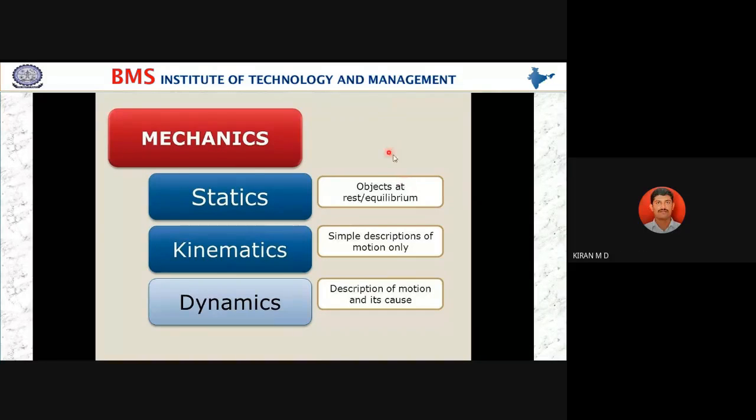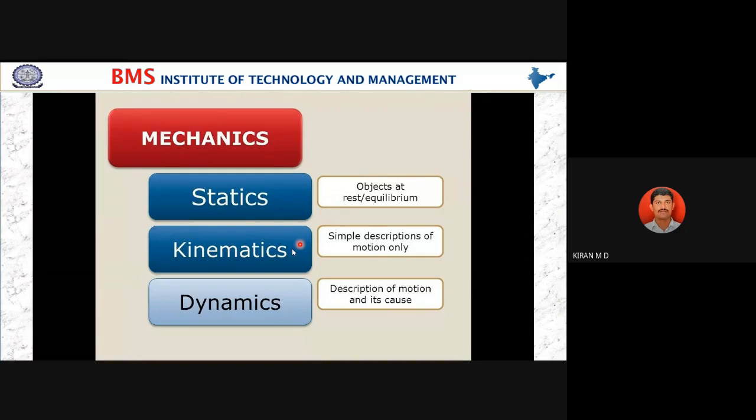Now, you have studied stresses, bending moment, even the thick cylinder and thin cylinder. There you did not consider any motion, only the force. That we are going to call the static analysis. That is one part of mechanics, that's only mechanics of materials, which you have as a subject.